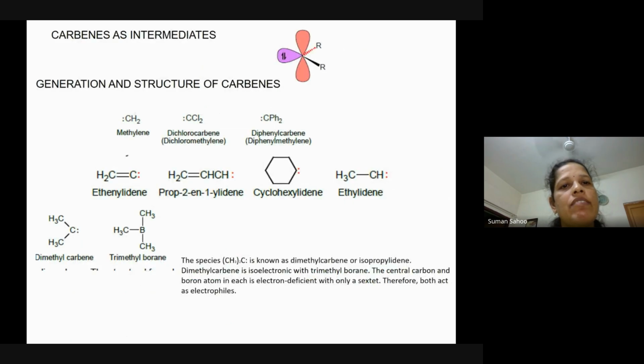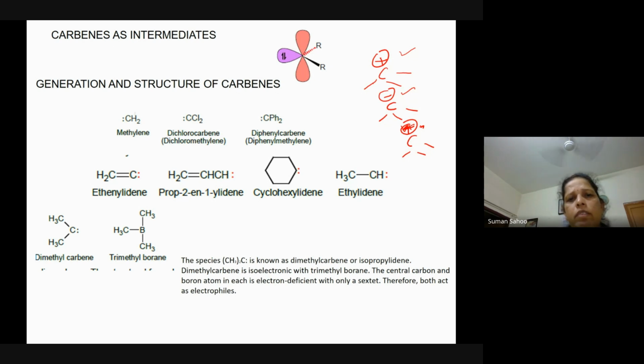Next is carbenes as intermediates. Up to now we have covered carbocations, carbanions, and carbon free radicals. In all those cases we have carbon bonded to three groups, and it can have a positive charge, negative charge, or a free radical. But in a carbene, the carbon is attached to two groups, and it has a pair of electrons. These two electrons can be in a lone pair,